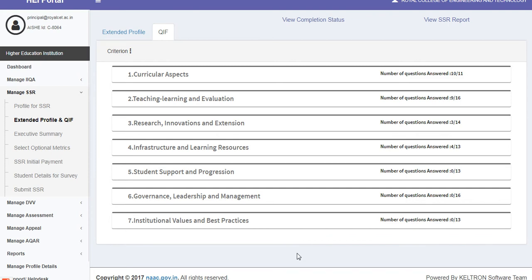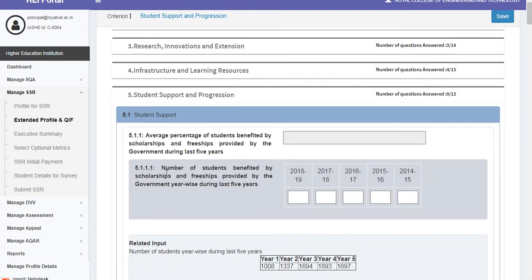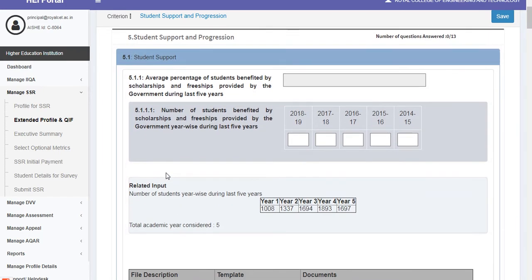Now we shall start filling the SSR for criteria 5. Criteria 5 is student support and progression. As you can see here, there are 13 metrics in this criteria. So going ahead, let us see what are the key indicators and metrics in this criteria to be filled by